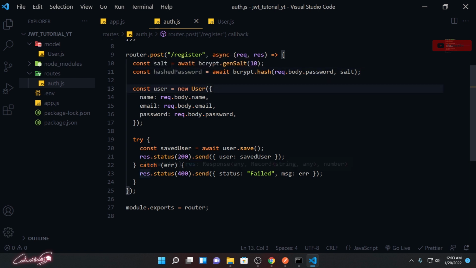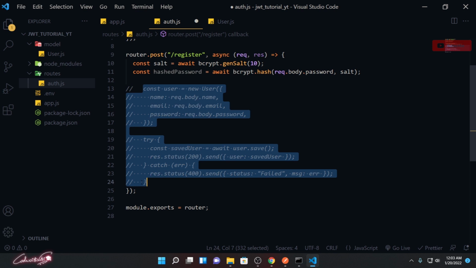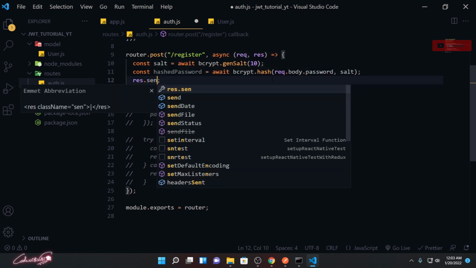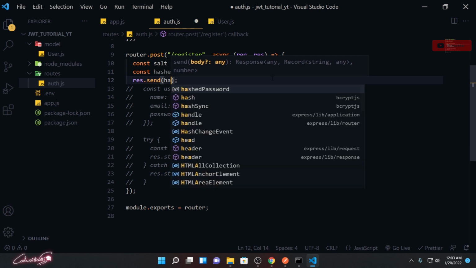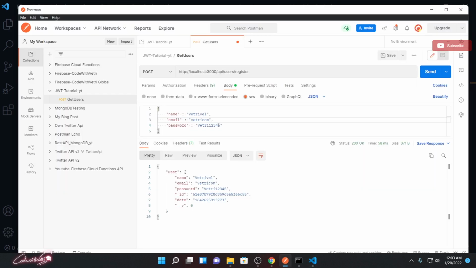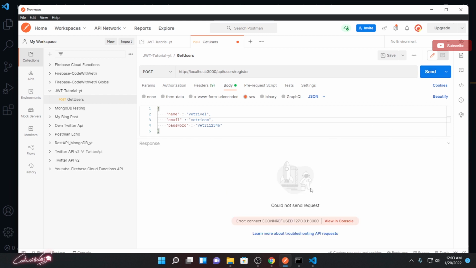Let me hide this, and let me send the hashed password. Let me show you how the password is encrypting. If I click send, could not send a request. Why?